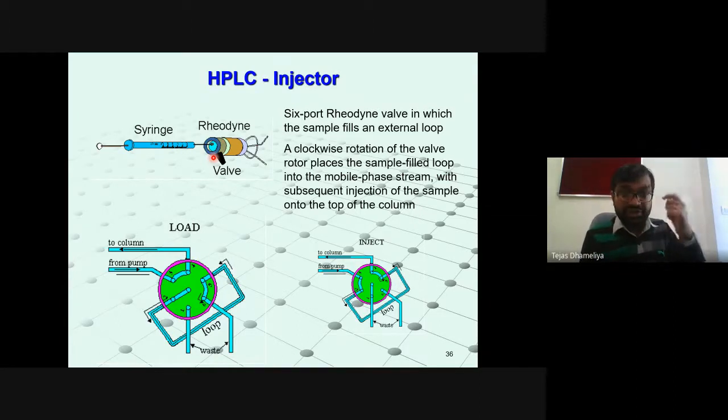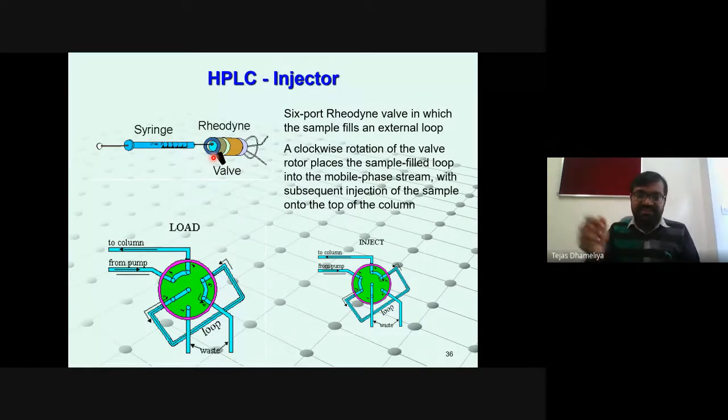You will have to puncture the silicon or silicon Teflon valve, which is resealable. You inject and take the syringe back, and it reseals. It is not that perforations or holes will form from injecting. This is a kind of resealable valve. So this load and inject is the main part.